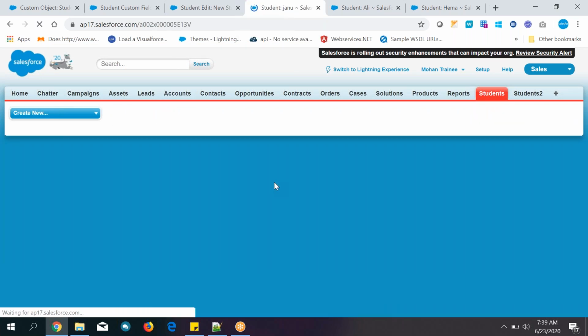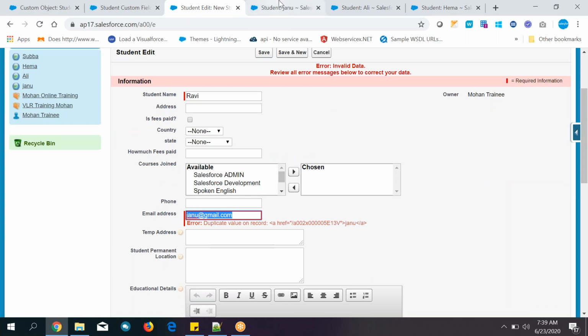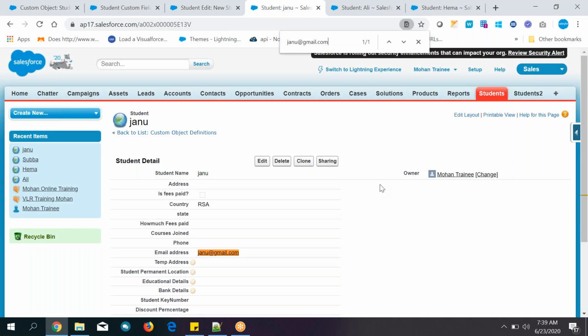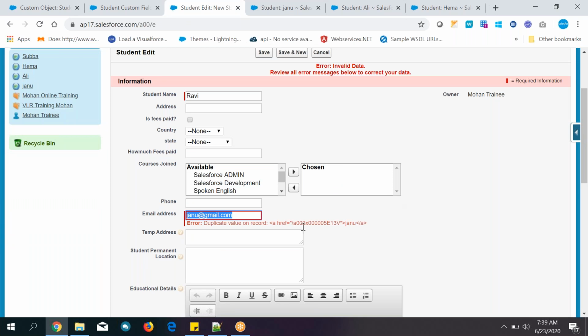You can copy this one. Janu's email address is already there, so you should give unique values. Duplicate values will not be allowed, and this kind of business requirement will be fulfilled.